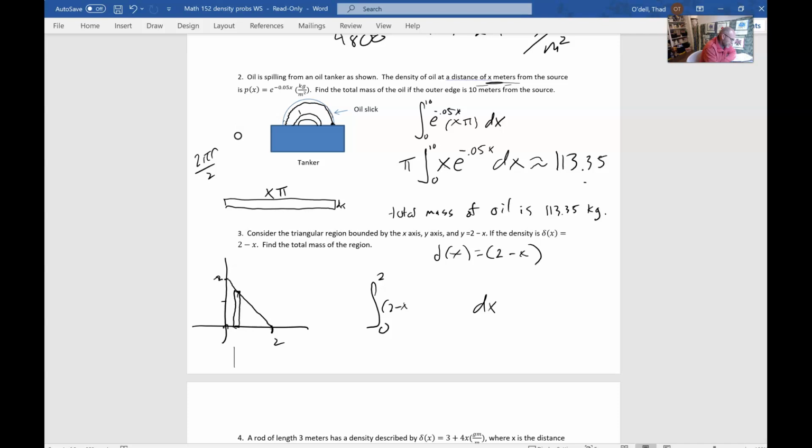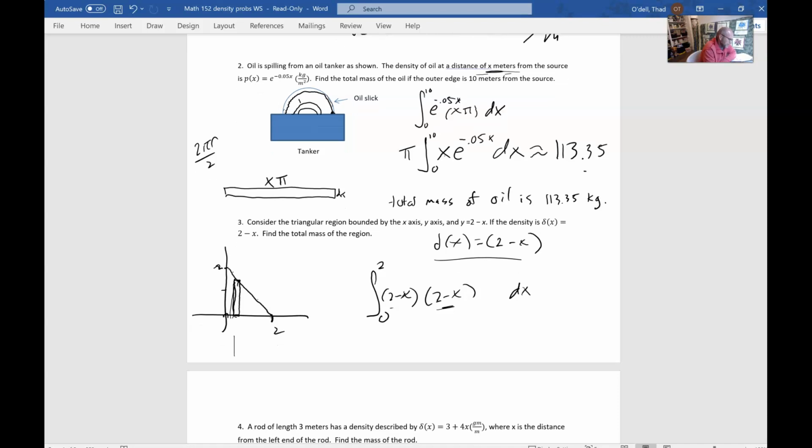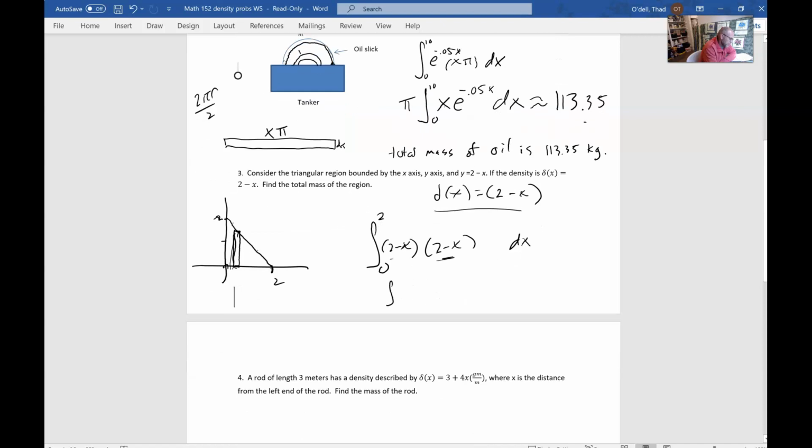Then I'm going to have 2 minus x as my density function, right? And then I got to multiply that by the area of that little strip. Well, the area of that strip is this distance times dx. Well, that distance is changing based on that line, so that'll bring in another 2 minus x in there. So this 2 minus x is brought on because of the density function. That 2 minus x is brought on by the height of the declining rectangle. Okay, so that means we're going to integrate from 0 to 2 of (2 minus x) squared dx,